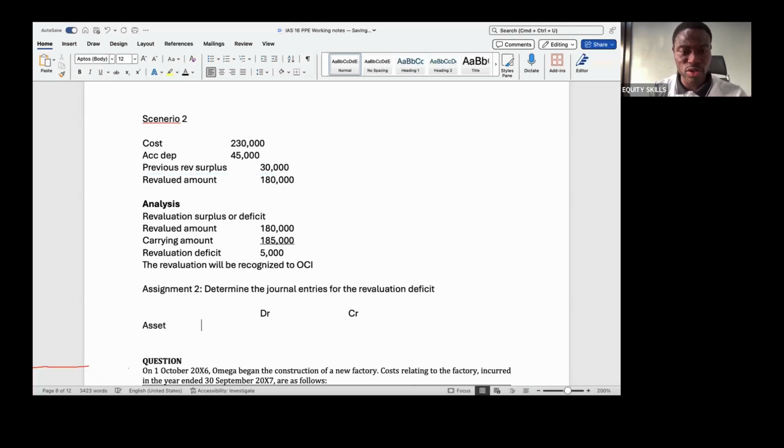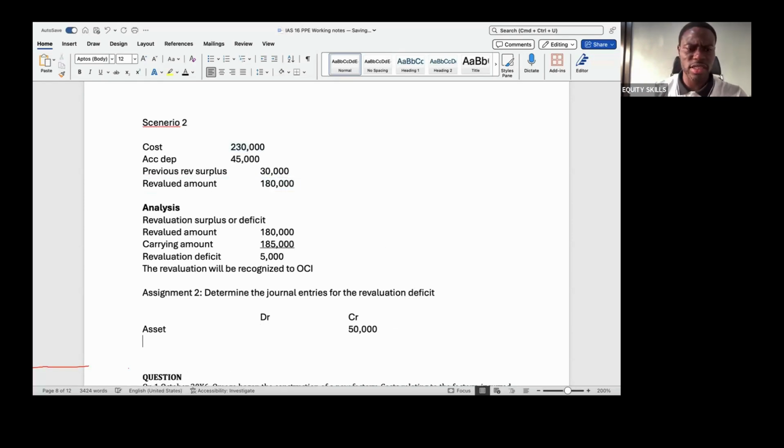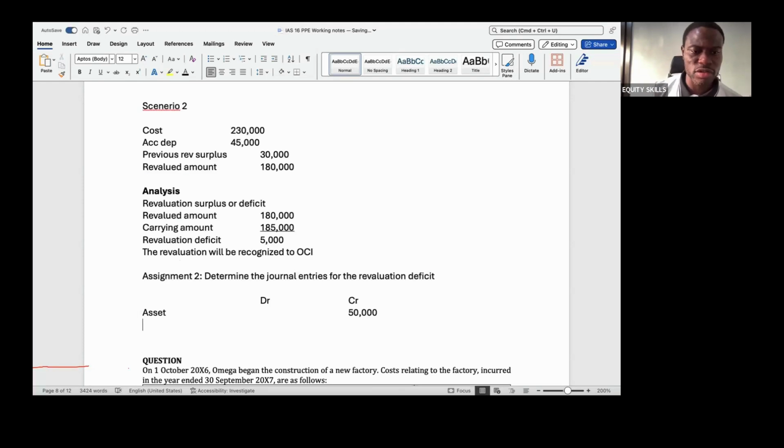So my asset account, if I want to reduce the value of my asset, what do I do? I credit it by 50,000, because it's coming down from 230 to 180. That's the first thing I deal with. The second thing is I need to clear up this revaluation deficit, but because there was a previous surplus, this deficit will go to my